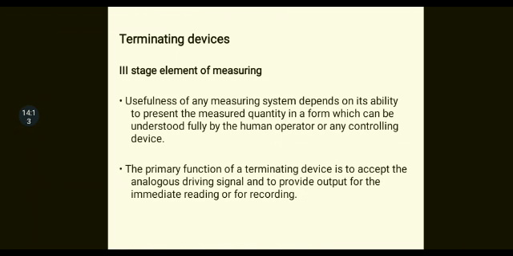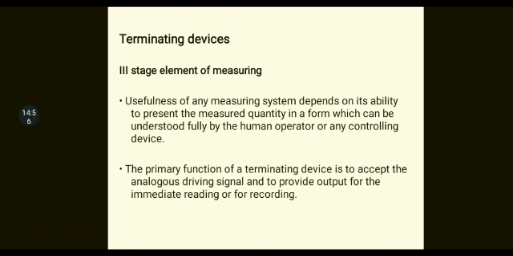Now if it is only an indication for us, fine, but if there is a controller, then this beep indication should activate the controller. How? It should cut down the speed immediately within 80 only. It should not permit going beyond 80. So this sort of thing it should understand and control. The controller should be activated, and the vehicle should be receiving the feedback signal to control the speed and maintain it up to 80 kilometers per hour only. So this is how this system works as a terminating device.